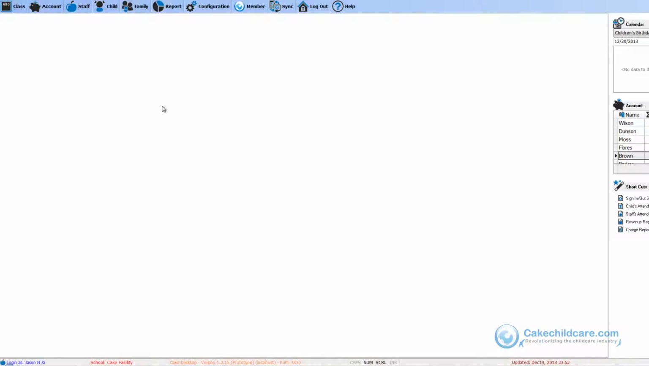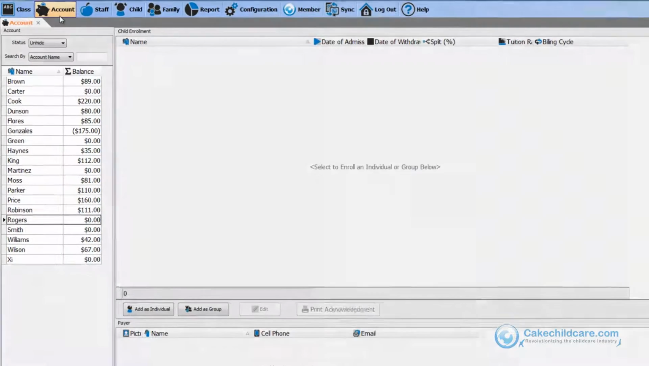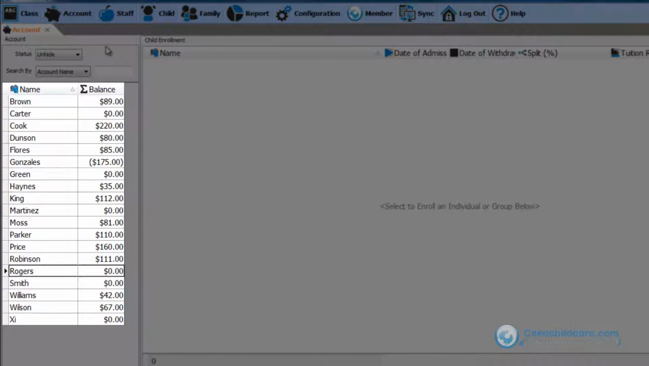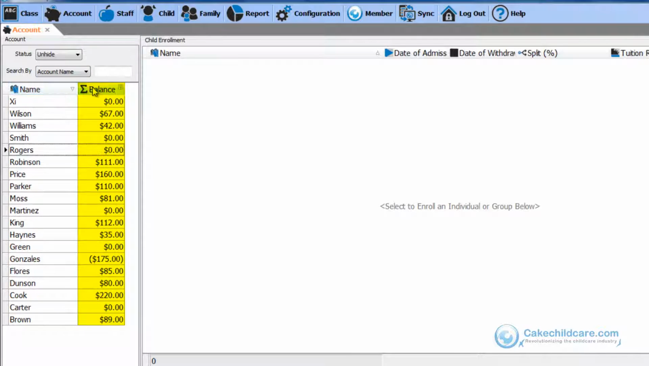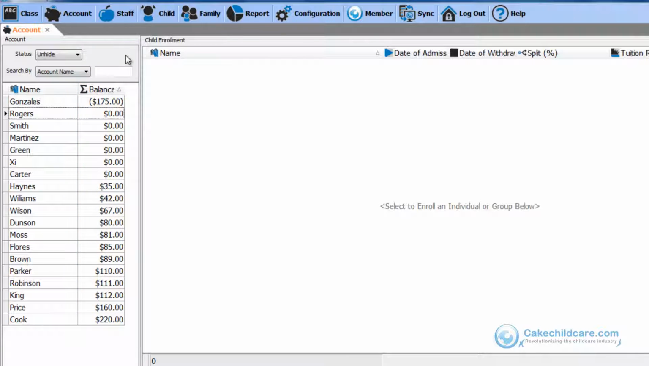Once you log into Kick Desktop, go to the Account tab. Here I have a list of sample families that owe my childcare facility money. As you can see, the balance is here, and you can sort it by account name or balance amount. A positive balance means that the family owes me money, whereas a negative balance means my facility owes the family services. I can also search for a specific account by selecting what you're searching for and typing it in this